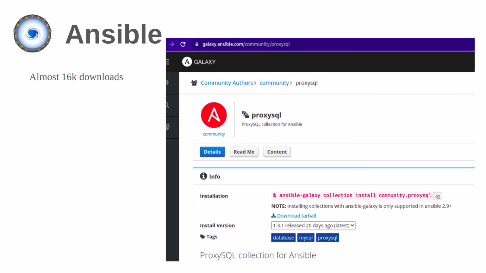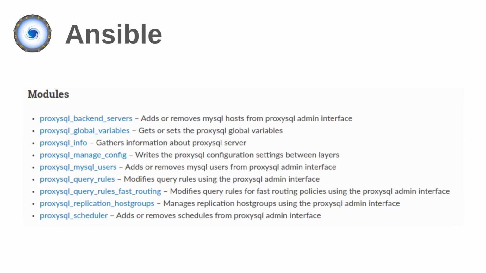Great. Now, is there configuration management software out there for ProxySQL? The answer is yes, there are several. I'm going strictly in alphabetical order, so not based on preference or whatever, just in alphabetical order. Ansible is the first one. This is the website where you can get the Ansible modules for ProxySQL. As you can see, there are multiple modules for Ansible and ProxySQL.